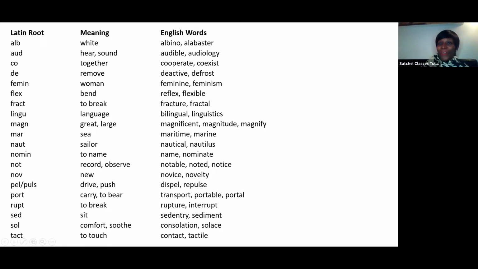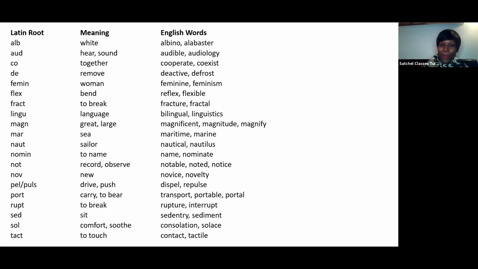So I wonder if you were able to think about albino and alabaster for white, audible or audiology for the study of sound, cooperate and coexist for togetherness, deactivate or defrost to remove something that's active or frosty, feminine or feminism, flexible and reflex, fracture and fractile, bilingual or linguistics, magnificent to magnify, magnitude to make bigger, to make larger, maritime or marine, about the sea, nautical or nautilus, about sailing and sailing implements, to name or to nominate, notable or noticed or noted for recording and observing, novice and novelty for new,